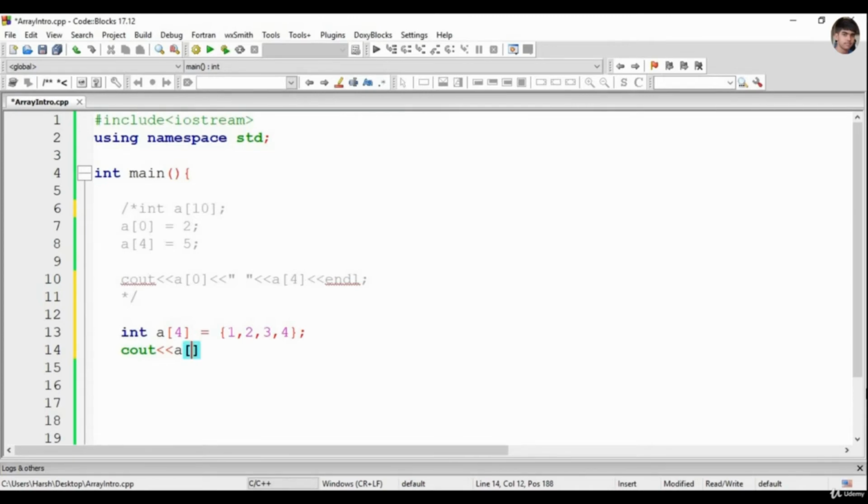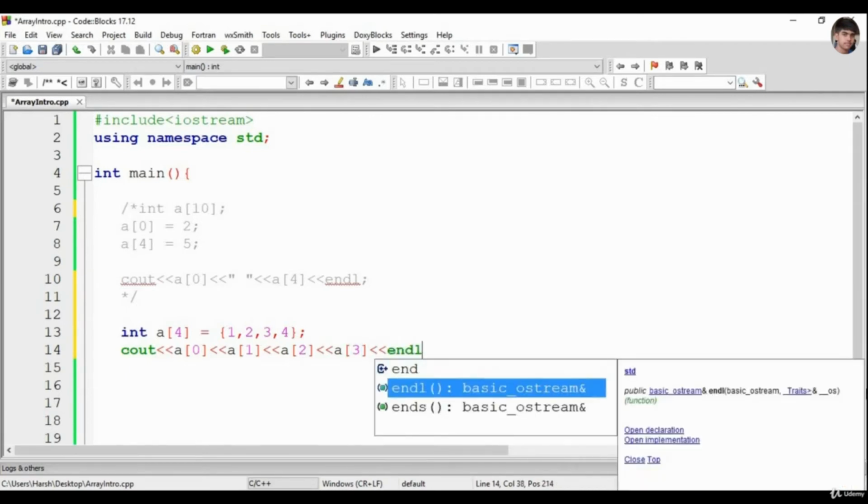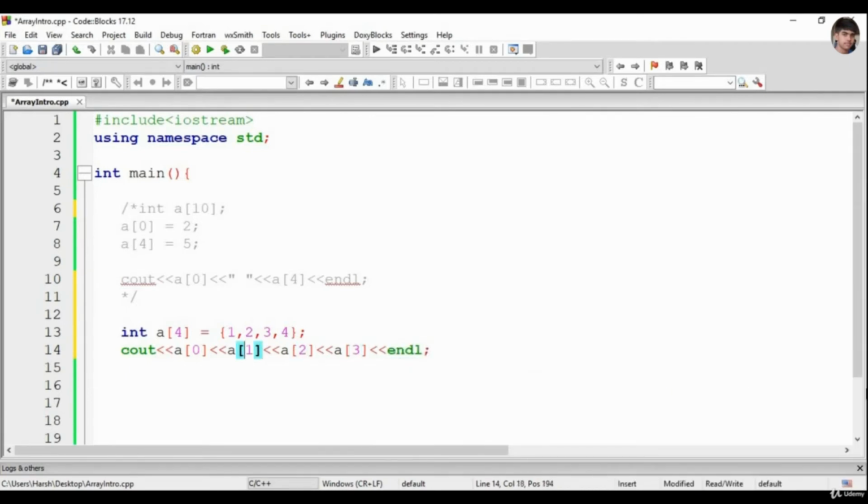So cout a of 0, cout a of 1, similarly cout a of 2 and a of 3. So in this way we can print our array. What we are doing is going to every position and printing the value stored in that position. Simple.